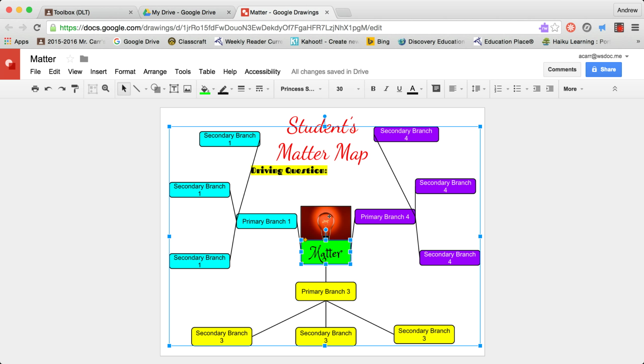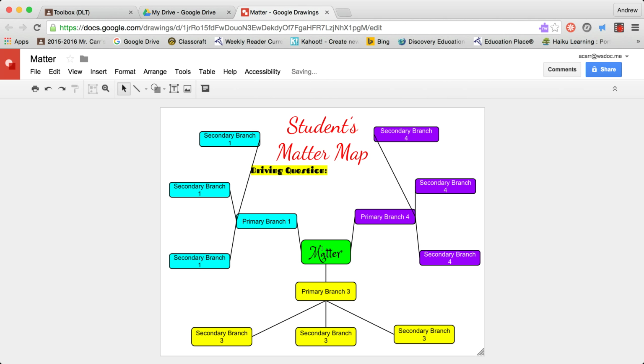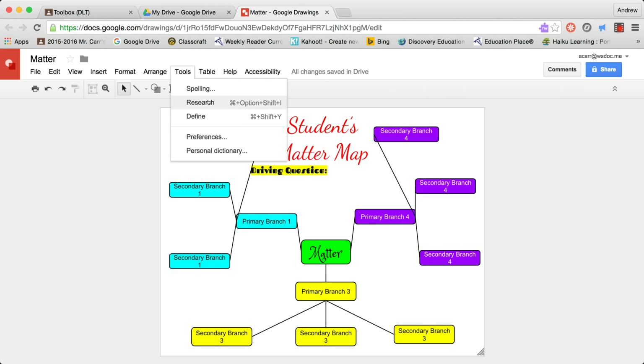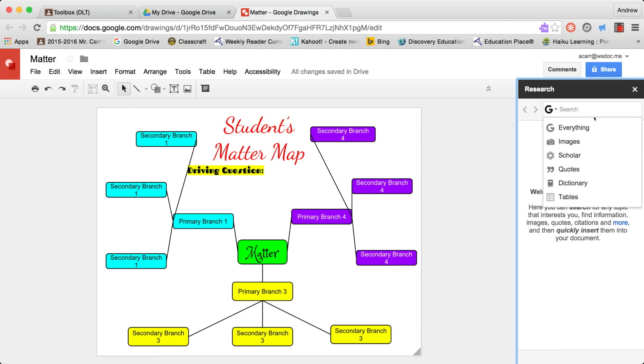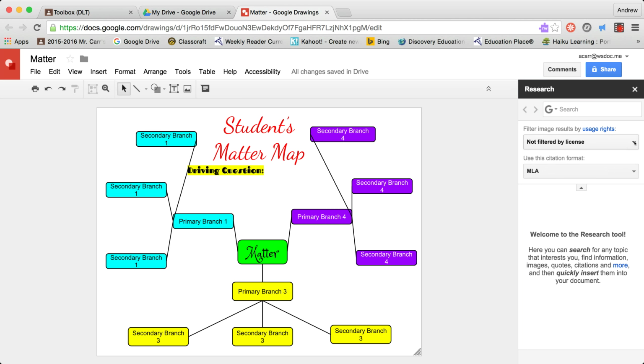To get rid of a picture here, you can just double click on the picture, delete it, and it will disappear. To add in another picture, you can come up here to Tools, click on Research, and you will have a research bar from Google. When students are using a research bar in the class, they will want to click on this little down arrow and they will want to click on this to say free to use, share, or modify. If they don't click on that, some of the pictures that they might find might be inappropriate, so highly recommend